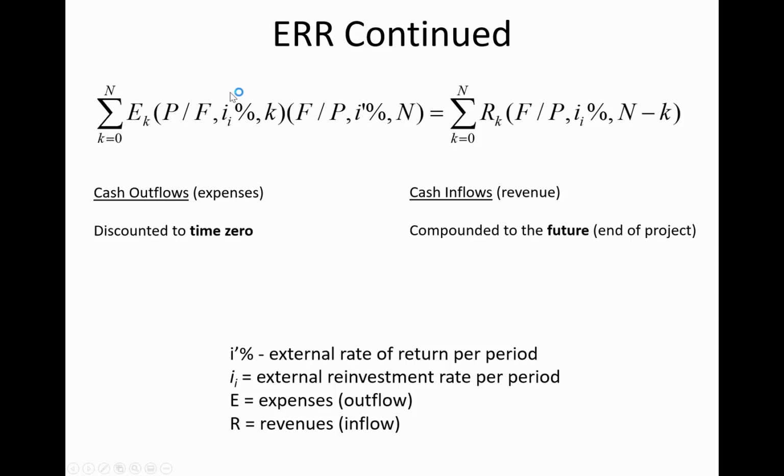So this is the value that you iterate in order to take the future value. You can either take the expenses to the future to make it equal to the revenues, or the revenues, which are at the future, back to the past in order to bring equilibrium between the two.